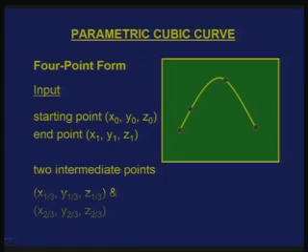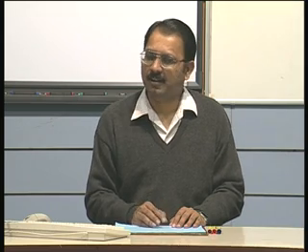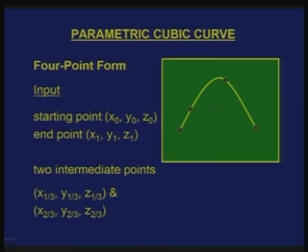When the final curve is defined, it starts from here, which is u equal to 0, and travels and goes to u equal to 1. So, I should be able to get different points on the curve by substituting a value between 0 and 1. For the 2 intermediate points, what values of u these points correspond to is the question. If I give different values, I get different curves.